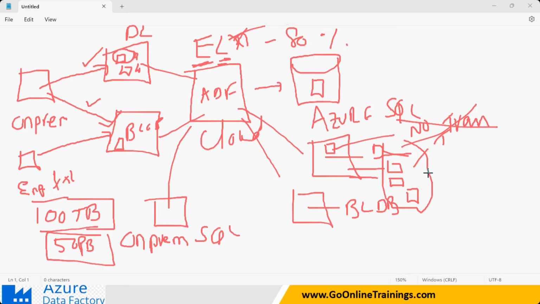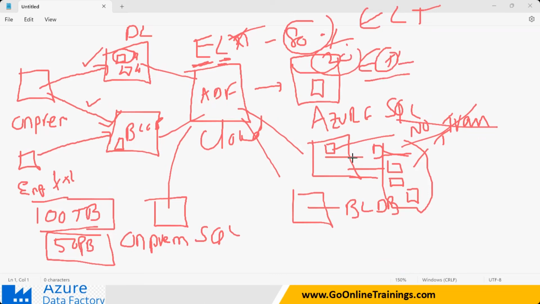So a lot of the time, ADF is going to be an ELT engine. It is not an ETL engine. When you have a small amount of data, you can also apply some transformations and load the data. But 80% of the time, it is going to be performing ELT operations, right? Only 20% of the time are we going to be performing ETL operations. So when you have a small amount of data to extract, you can also clean the data. For example, you go to a supermarket and buy two bags of luggage. What do you do? Immediately you transform and arrange them at home. So when you have a large amount of data, you cannot do transformations.